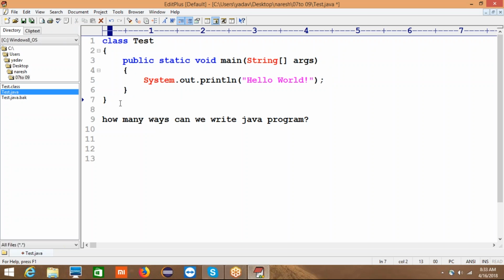Otherwise, we will get a compile time error or runtime exception, and we will not get the output we expect. So we need to know the ways to write the program. The first way is